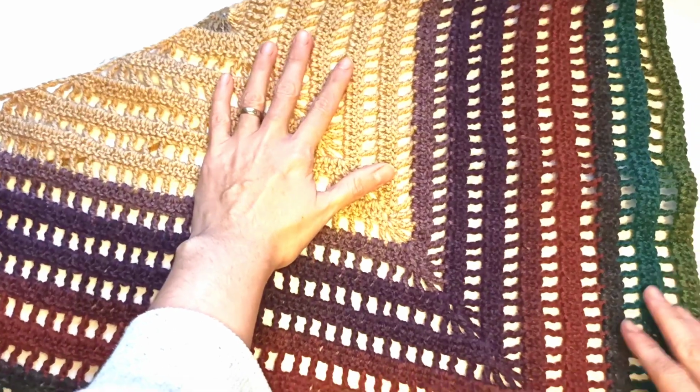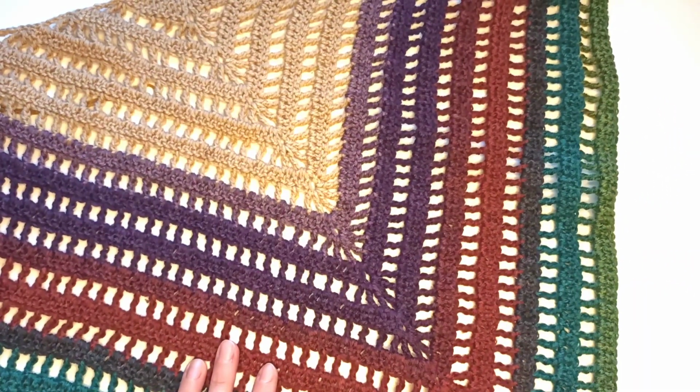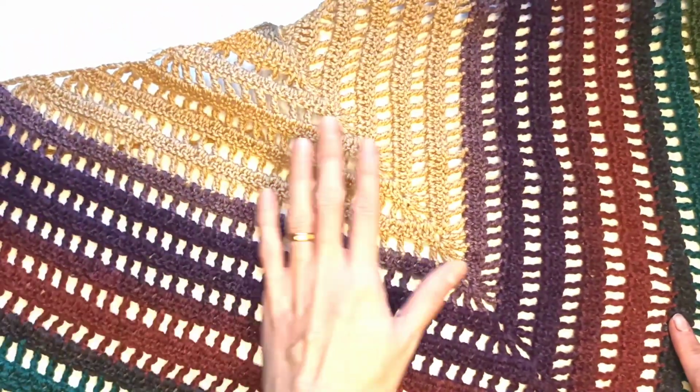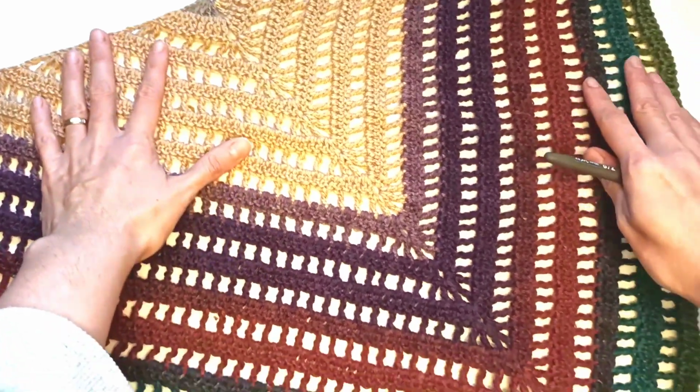grams. Okay, it's so easy, only 2 row repeats. One is a box row, one is a double crochet row. 2 spaces for increases. I give all the details in the video, but if you have any questions, please leave